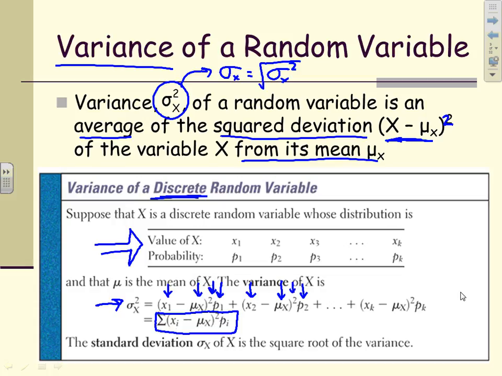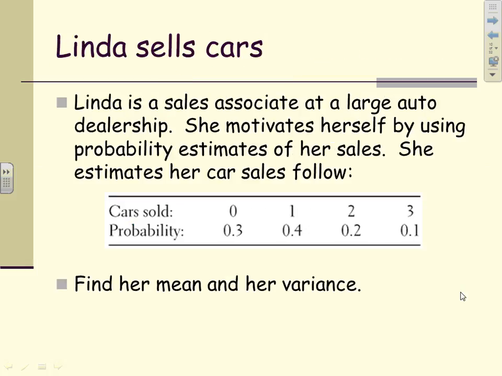If we were to try to find the standard deviation, well, we could simply write that out as, say, the standard deviation of x is equal to the square root of the sum of all the x minus the means squared times the probability. All right? So, this will give us the idea of spread. And let's go ahead and take a look at what's going on with this and see how it works.